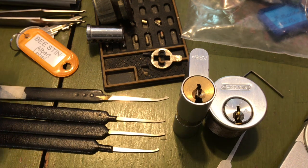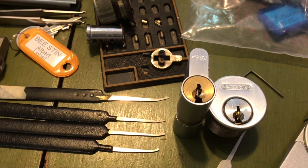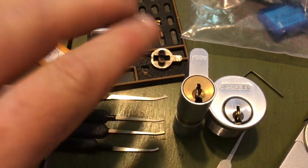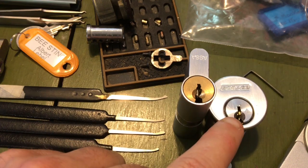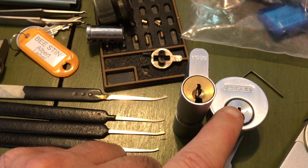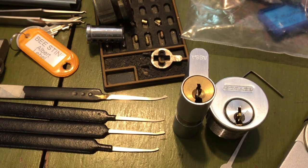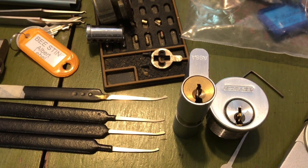I mean, you're kind of chasing after the holy grail, right, of what every lock company has always tried to do, is make a lock that can't really be picked. And you can do that by trying to break away from the tools that are being used. You can throw gimmicks in. I kind of hate to call the Everest a gimmick lock, but let's face it, that check pin on the side is not doing a whole heck of a lot for it. And the other thing you can do is just go